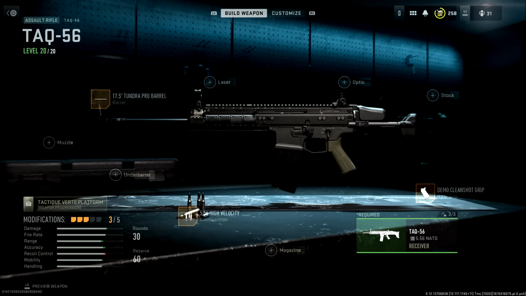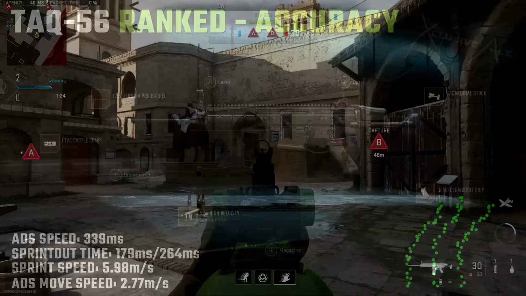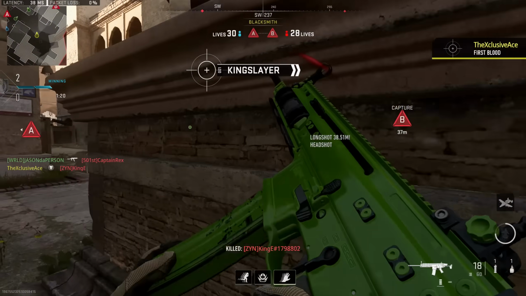underbarrel attachment. And the first one I've got is much more geared toward accuracy over handling. So this is much more for the players that are going to be hanging back, locking down lanes and angles, perhaps playing anchor on a hard point, for instance. And basically anybody that gets into their pre-aimed line of sight will just get insta-melted with this because it is